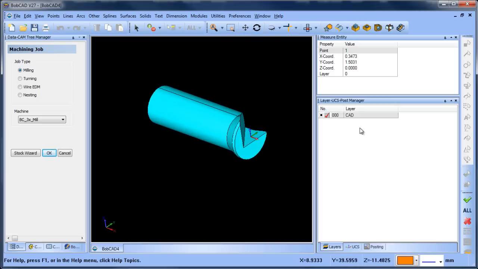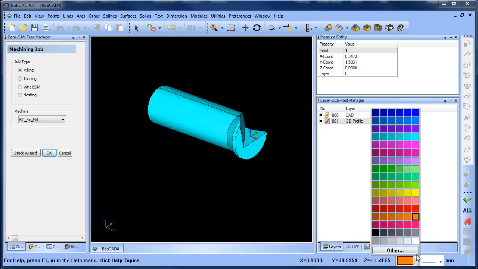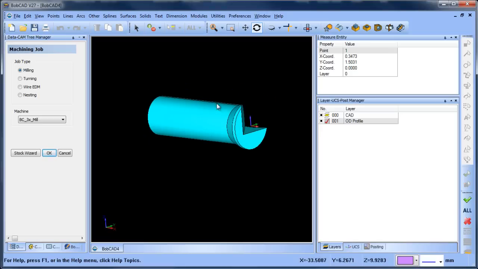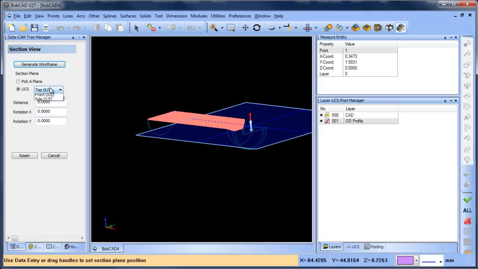So what I'm going to do is create a new layer. I'm going to name it. I'm going to make it active, and then I'll change the color that I'm drawing with to a different color. Okay, so from here I'm going to do intersection curves, or I'm sorry, cross section, and then I'll change this